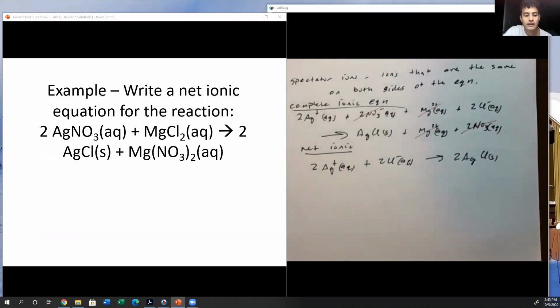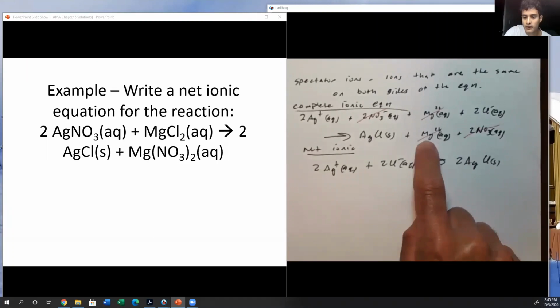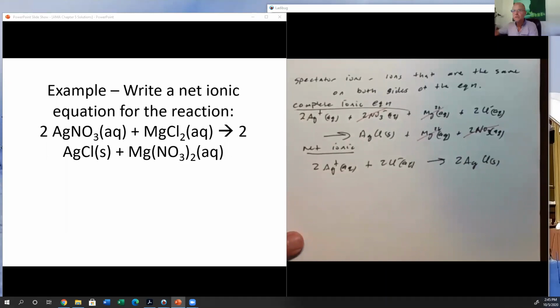Oh, I was saying that I still don't quite understand why the magnesium and the 2NO3 don't react. Why they don't react? Because that's